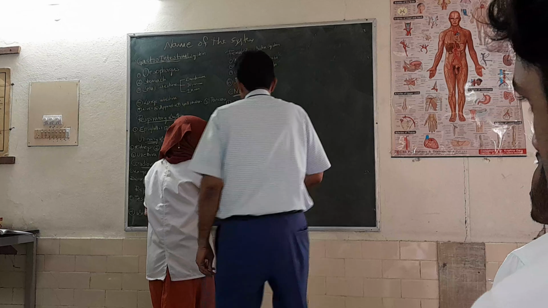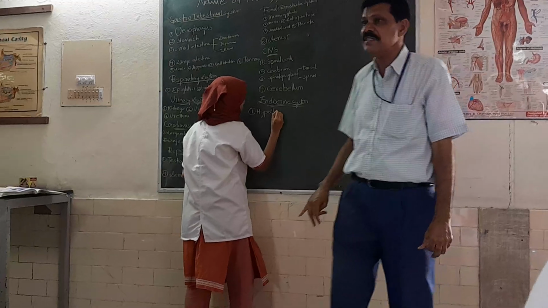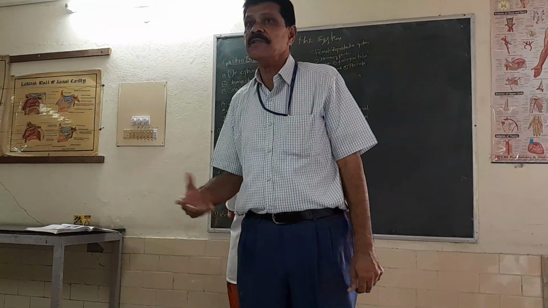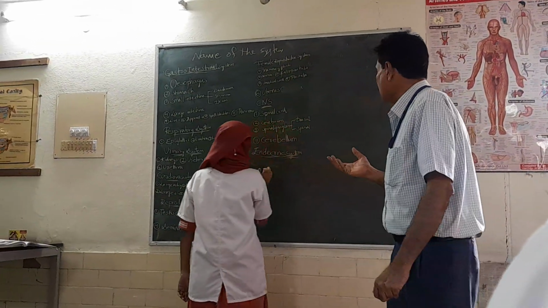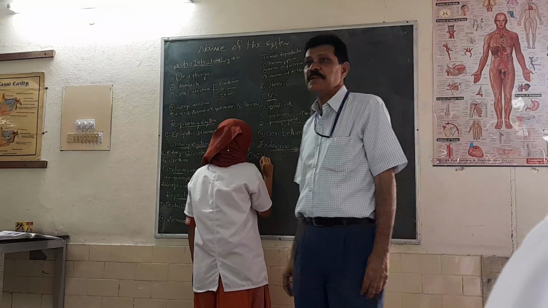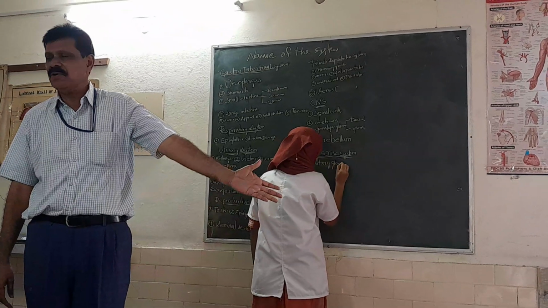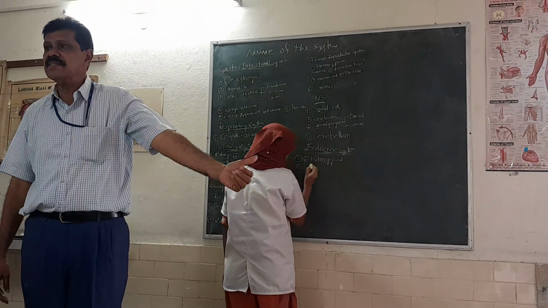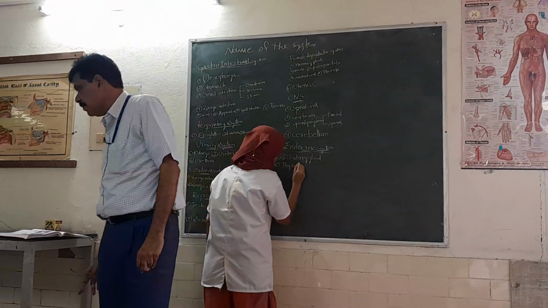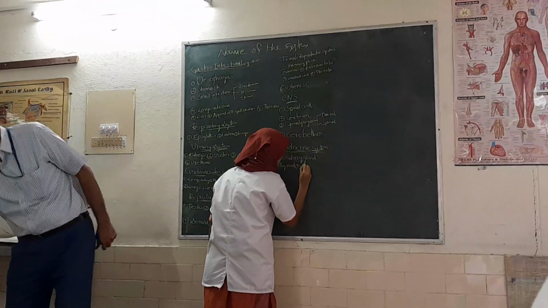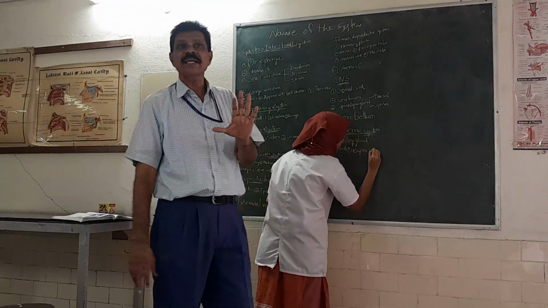Now, the endocrine system. What will be there? Hypophysis cerebri, also called pituitary gland, thyroid gland, and adrenal gland or suprarenal gland. The pineal gland usually will not be discussed, and the pineal gland slide is not there. So only 3 slides in the endocrine system.